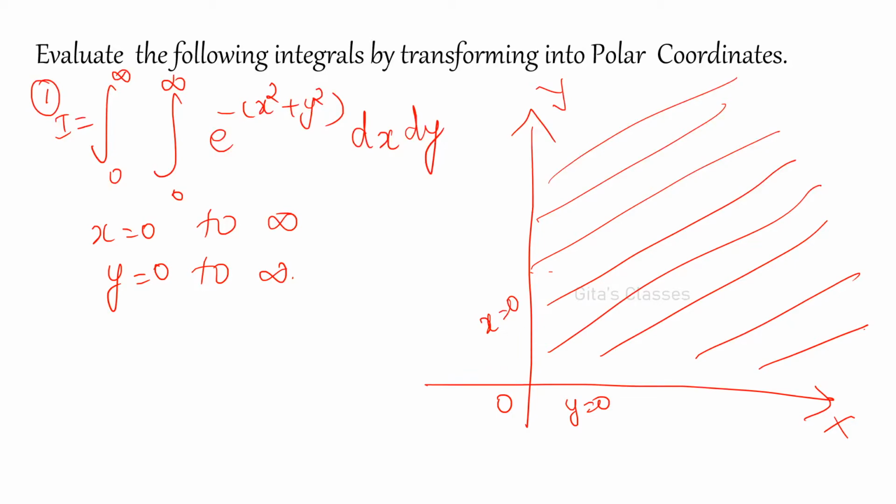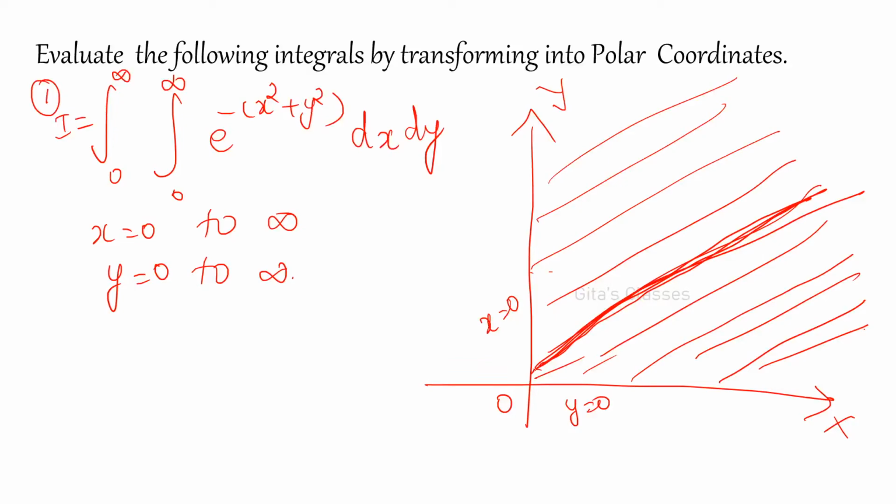In double integration in polar coordinates, I have explained all these things: how to find out the limits in r, how to find out the limits in theta and all. So here, to cover the entire region you have to take one strip. In that strip, first you have to start from the x-axis. What is this x-axis in polar coordinates? It is called the initial line, theta is equal to 0, right?